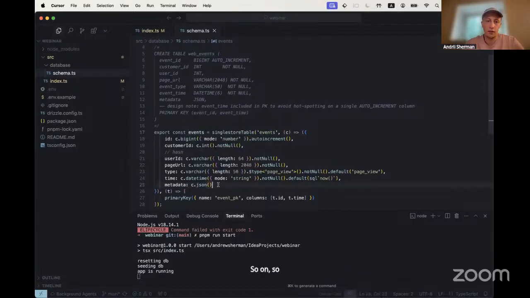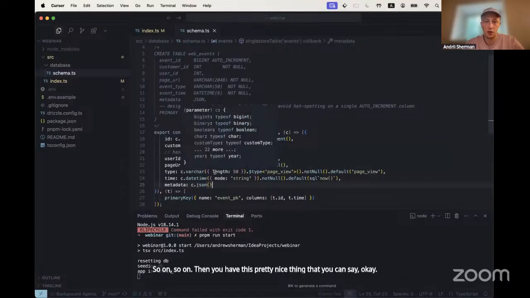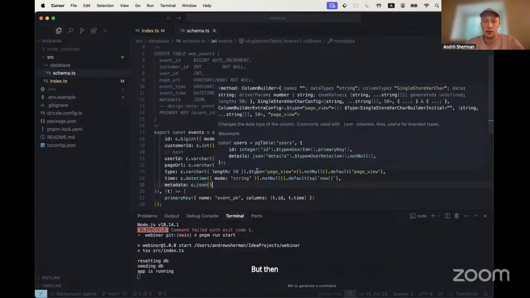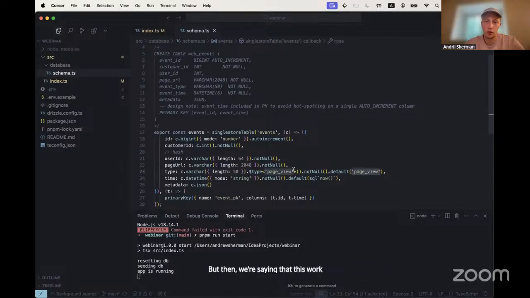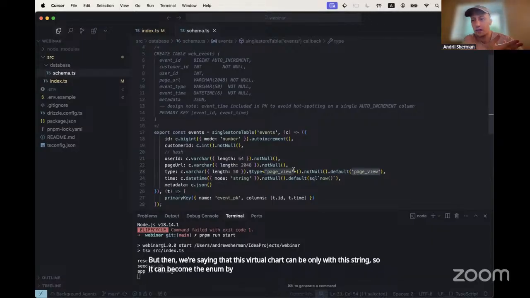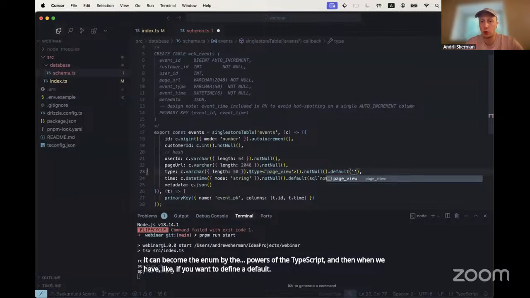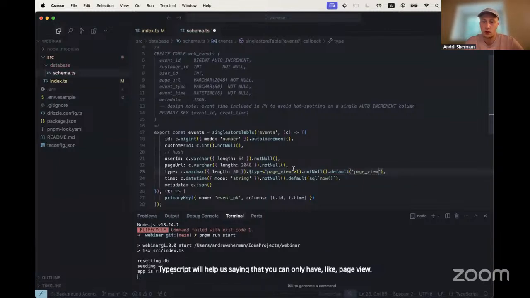Then you have this pretty nice thing where you can say, okay, we have a type that is varchar, but then we're saying that this varchar can be only of these strings. So it can become an enum by the powers of TypeScript. And if you want to define a default, TypeScript will help us by saying that you can only have page view. That's why I have only this default.